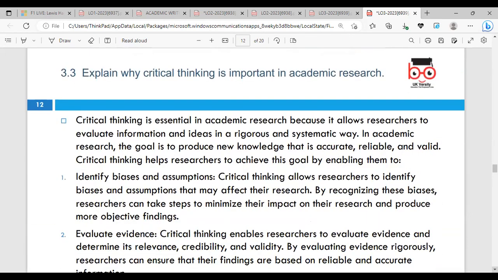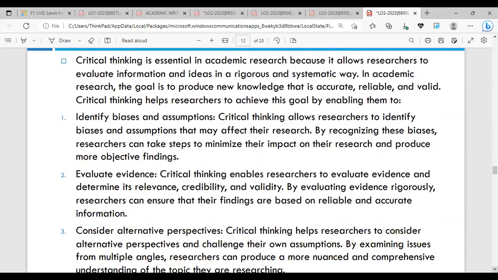Then we have 3.3, examine why critical thinking is important in academic writing. Critical thinking is essential in academic research and academic writing because it allows researchers to evaluate information and ideas in rigorous and systematic ways. Maybe someone found what the results were, and other researchers found something else. What are their commonalities, and then you can look at what is not. The researcher's goal is to produce knowledge that is accurate, reliable, and valid. Critical thinking helps researchers to achieve the goal, enabling them to